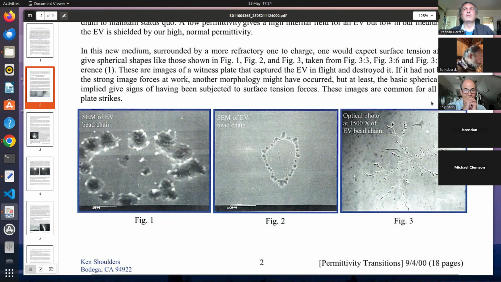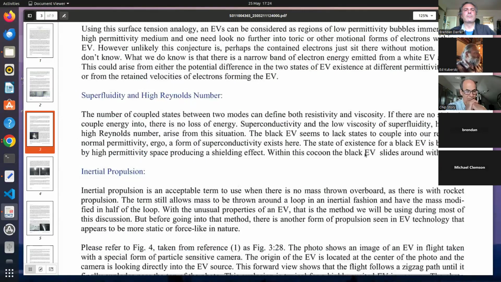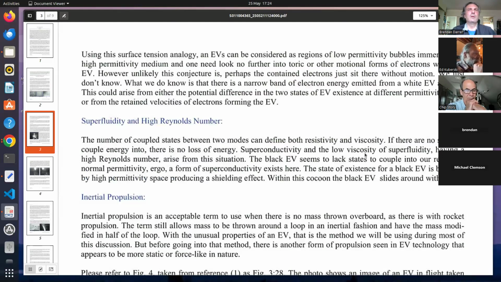If it had not been for the strong forces at work, another morphology might have occurred, but at least the basic spherical shapes implied give some signs of being subject to surface tension forces. These images are common to all witness plate strikes. Using this surface tension analogy, an EV can be considered as regions of low permittivity bubbles, very important again, immersed in a high permittivity medium, and no one need look further into toric or other motion forms of electrons